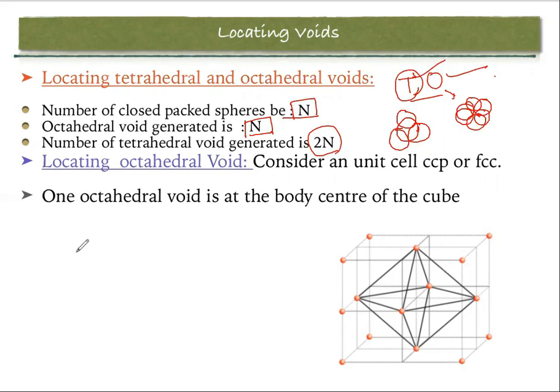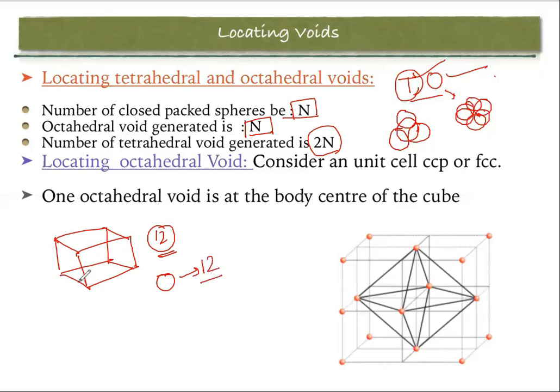To understand this concept, let us take an example. Let us say a crystal system is there. In this crystal system, suppose the total number of atoms is 12. By taking 12 atoms, this crystal system has been generated. If 12 atoms are there, that means the octahedral voids present in the crystal system are 12, and the tetrahedral voids present in this crystal system will be 24. So this is the basic concept of n and 2n. Now let us take the examples.